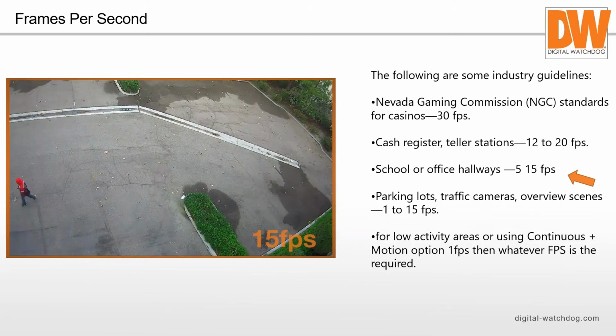He's walking across the parking lot. And even down to 10, we know what this guy's doing. He's just walking across the parking lot, kind of a wide view. He's walking across probably about 30 yards or so. At 7.5, this may be good enough